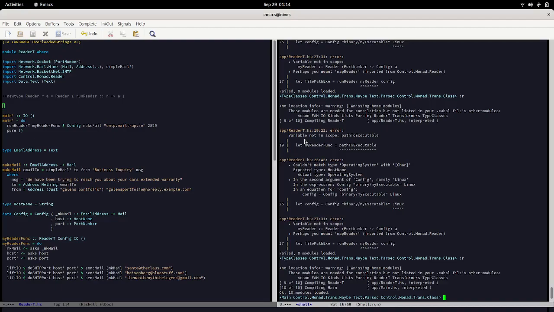But if you want a read-only environment, which is the kind of term that's talked about with ReaderT all the time, then you want ReaderT. If you want a read-only environment, or environment just being effectively any type, then you want ReaderT. In terms of the general scope of what's meant by environment, I looked up some other cases where you might want to use Reader, and one example that came up was